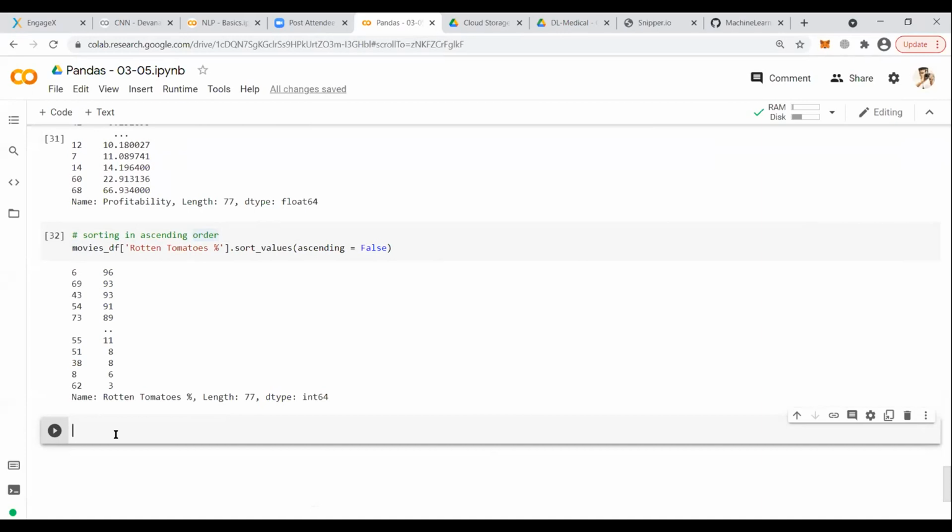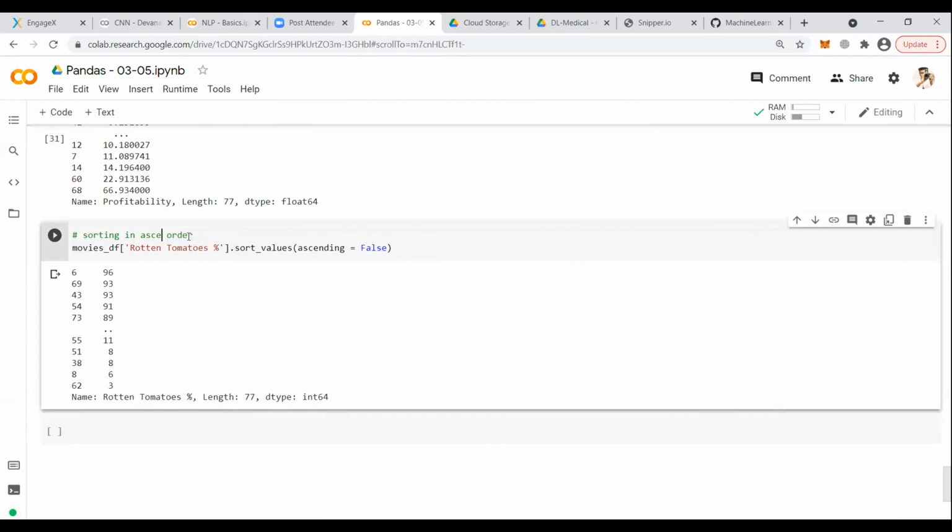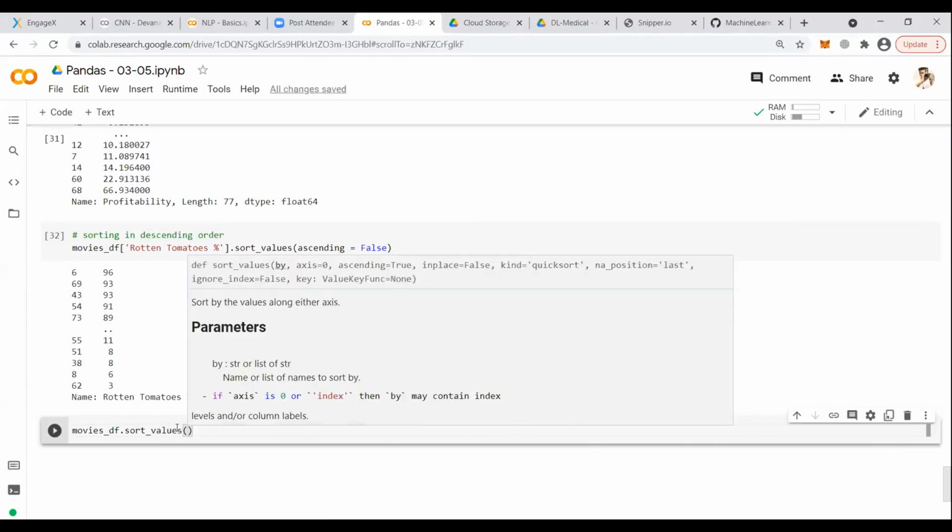So let me first finish the topic. This is movies_df Rotten Tomatoes dot sort_values. This is your descending order. Change this. Execute.